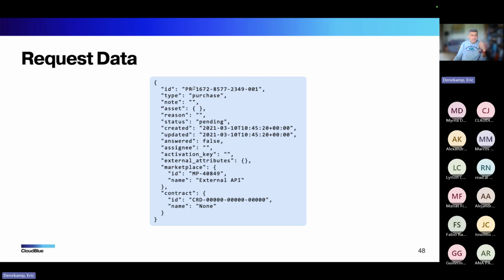In this case, we see it is a purchase request where the ID, as I predicted, is 001. We have our request ID because that is one of the things that we need later. If we fill fulfillment parameters, we do that based on the fulfillment request ID. We saw in the UI,